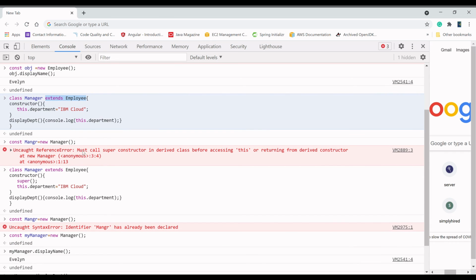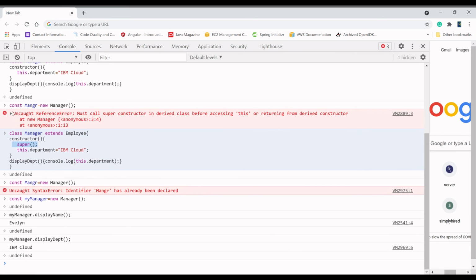So it will give you the exception, must call super constructor in the derived class, right? So we have to override the manager class using the constructor. We have to write super inside the constructor, and when we call the manager similarly, now we have the manager class, manager object here, and you will see there is no error, right? After that we can call manager display name and this.